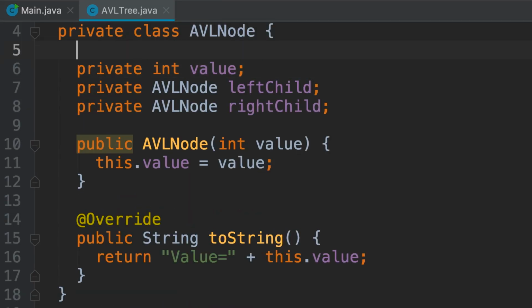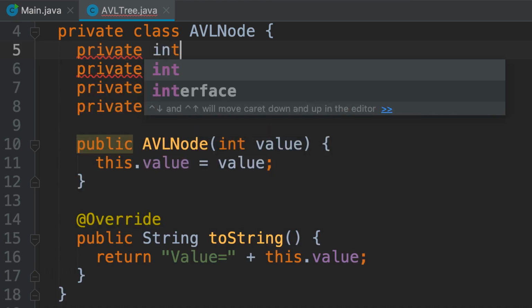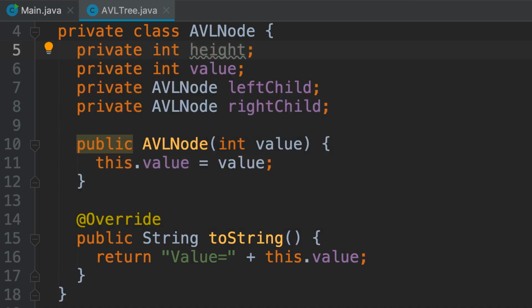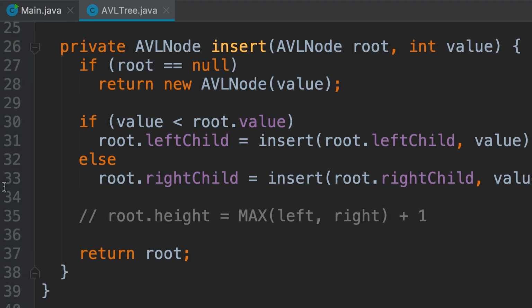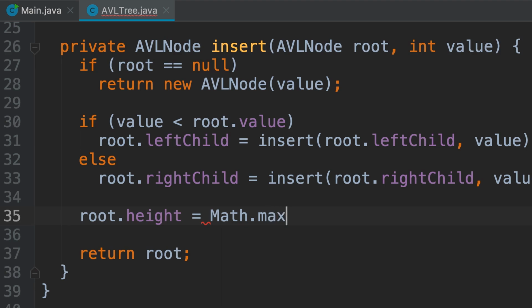So in our AVL node class, we're going to introduce a new field. We call it height. And then in our private insert method, after we append this new node as a child of the root node, we're going to reset the height of the root node. So we set root.height to math.max of